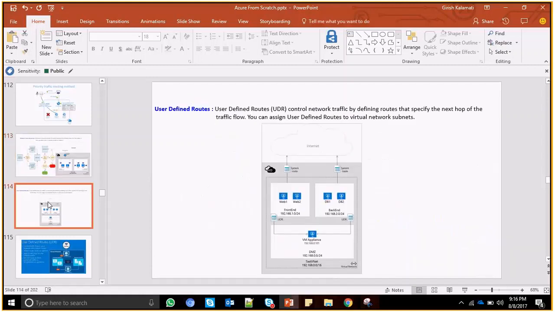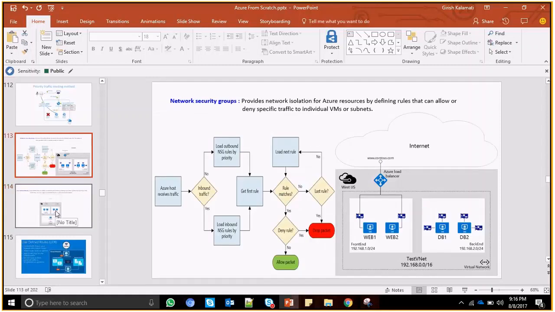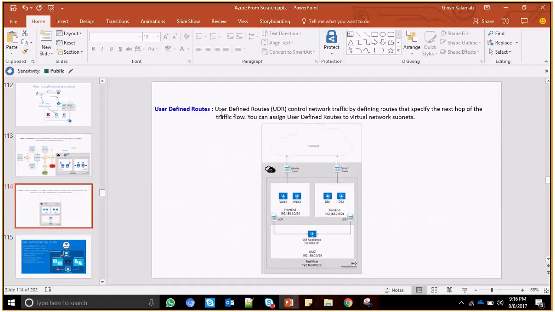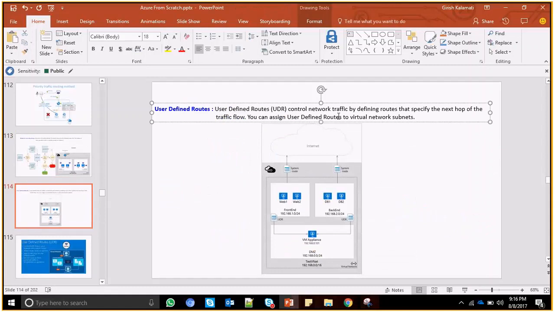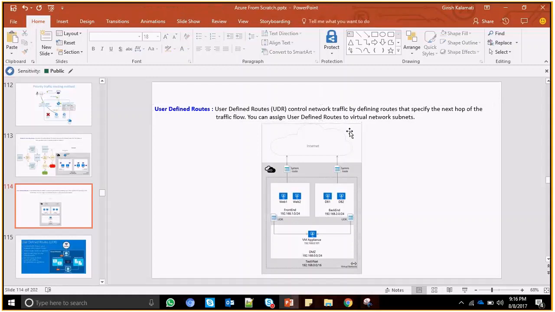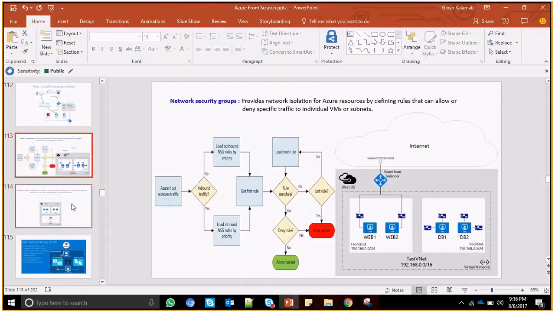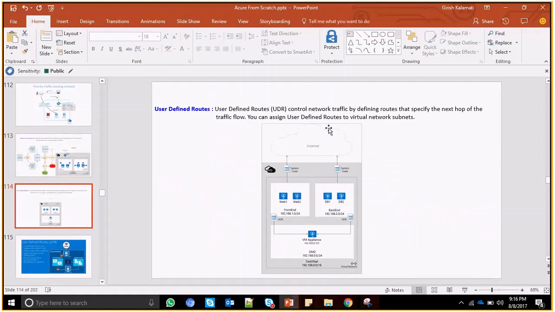We'll go through a demo for NSGs as well. The next concept is user defined routes. User defined routes control traffic by defining routes. Rather than defining a rule like network security groups, what user defined routes do is provide a route. So this is a route you need to go, and it will give a route to the packets which are coming in from the sender. And then it would route via maybe